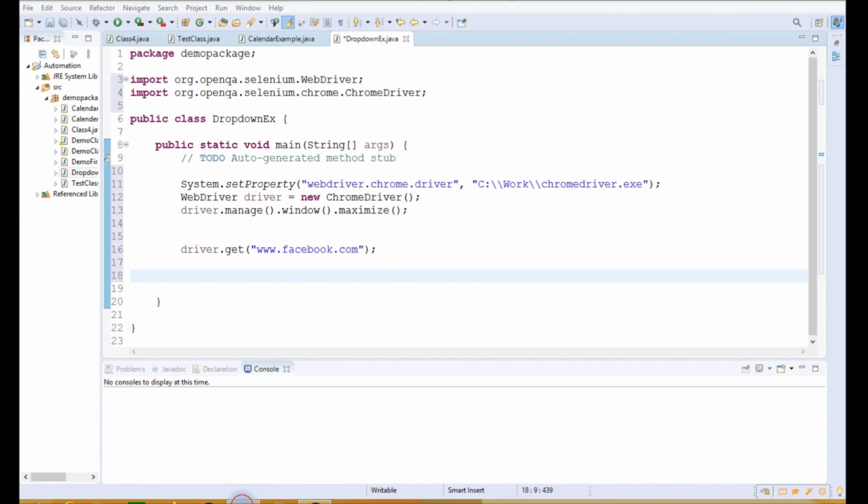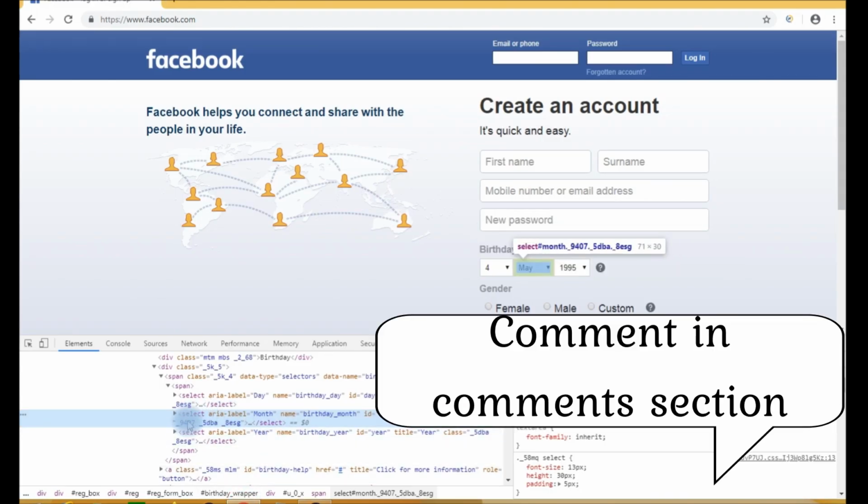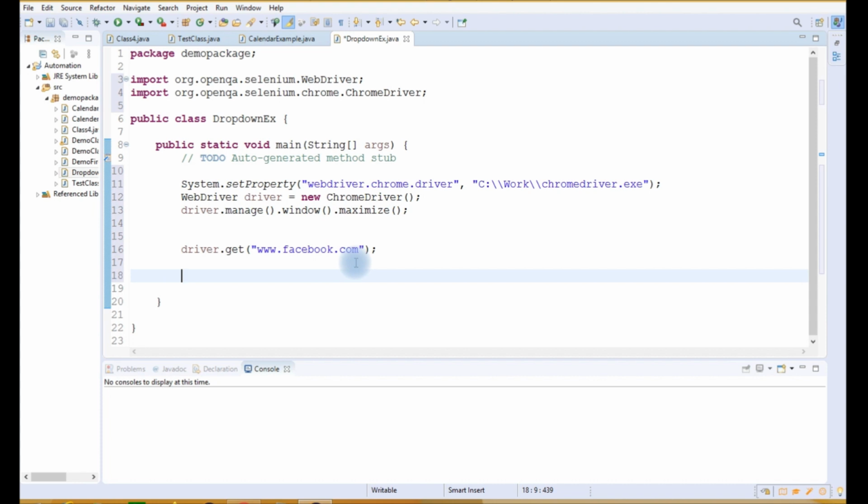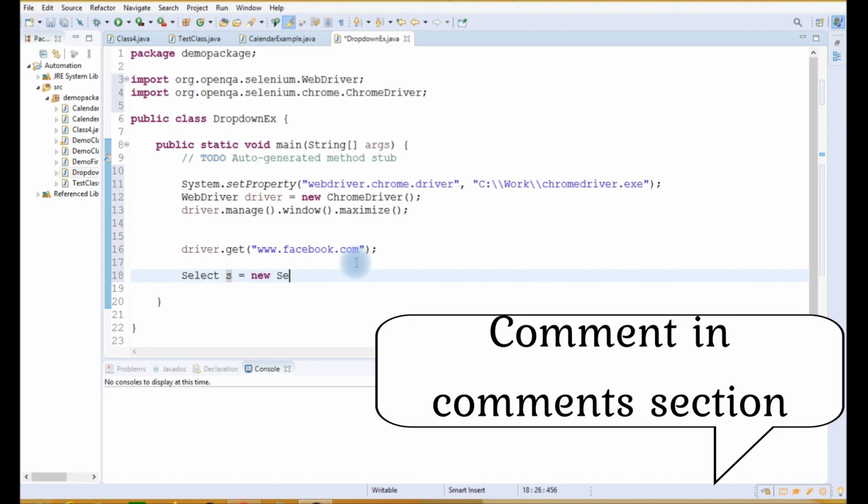For handling the select tag, there is a class present in Selenium, which is the Select class. For that, we have to create an object of the Select class. We will write Select, object name s, equals new Select.